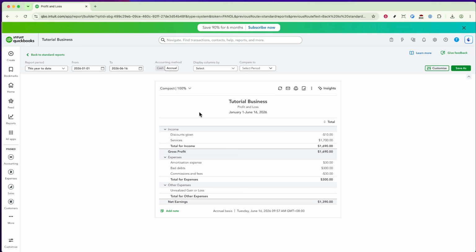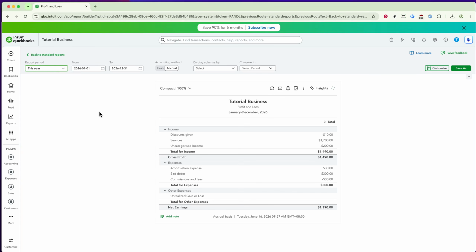the right time period. At the top of the report, you'll see options to modify the date range. You can select predefined options like the current month, the previous quarter, or even the current fiscal year. If you need a more specific range, you can choose the custom timeframe option and enter the exact start and end dates manually. Next, you can customize the columns in your report to include the data that's most relevant to